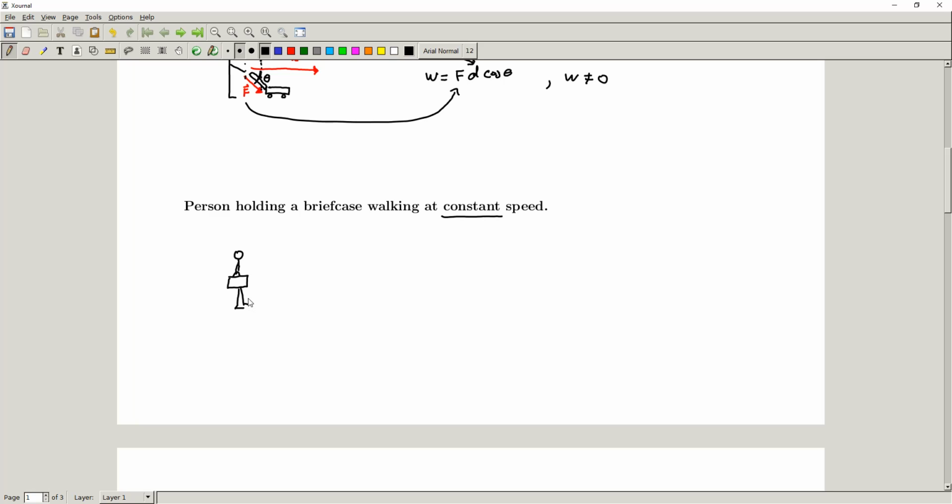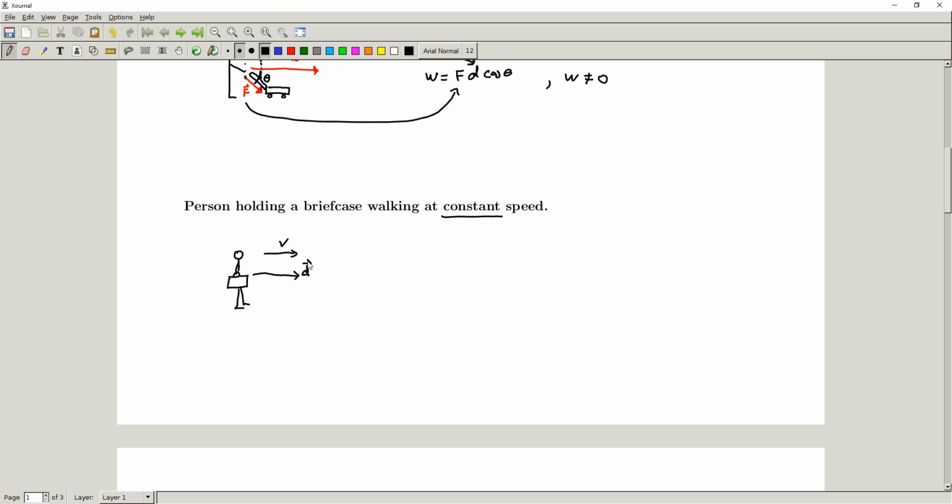Okay, so that's a pretty bad drawing, but you can imagine this is a person holding the briefcase, and they are walking with some constant velocity in this direction. Okay, so what's happening here? Well, we have a displacement of the briefcase. The briefcase is being displaced in this direction,